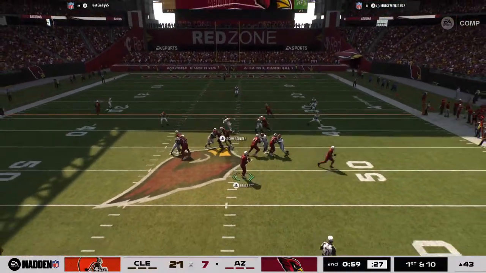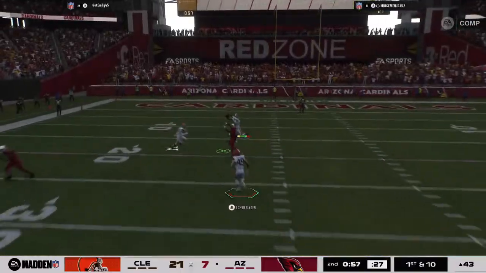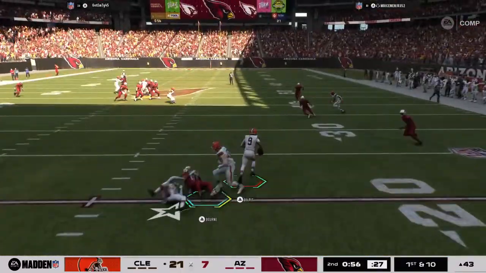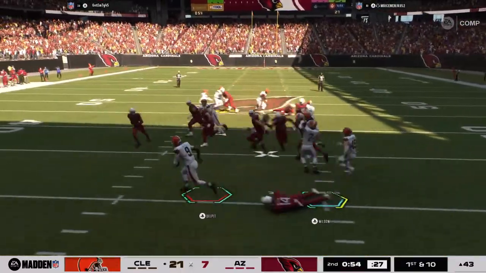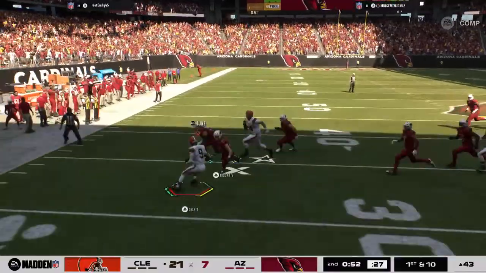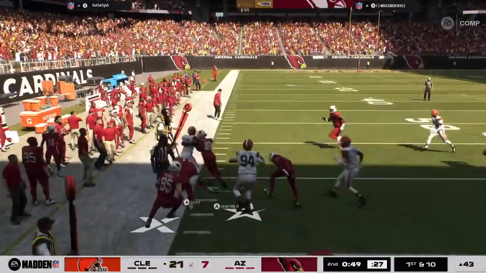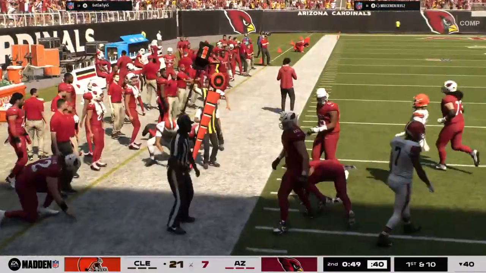To the air again is Brissett. That is over the middle and intercepted. That's the safety, Grant Delpit. And a nice return here as well. He is out of